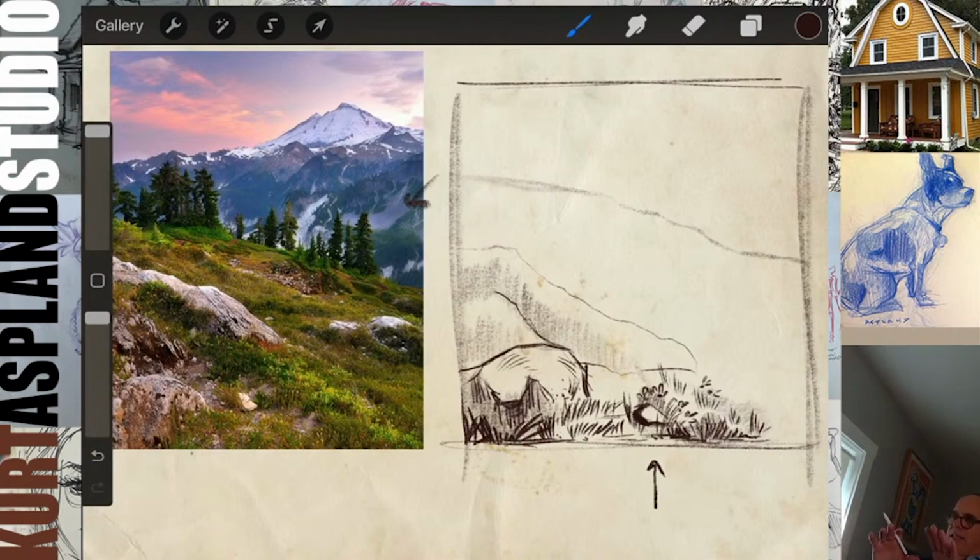I'm sitting back here and taking a longer view, squinting my eyes so I can kind of get a more full view of what's going on. There's some grasses in the back underneath that next rock. They're thick and then thin. Now there's this rock that's right in front of them, so I'm gonna